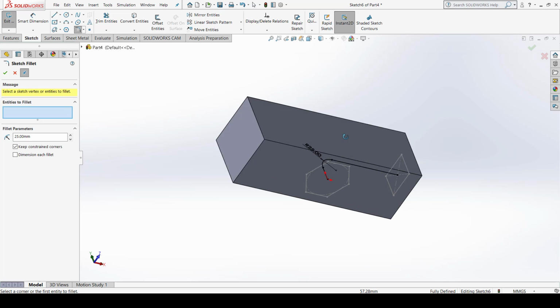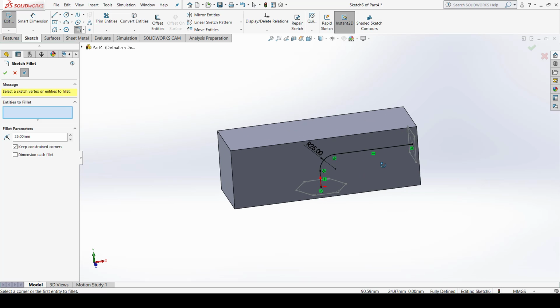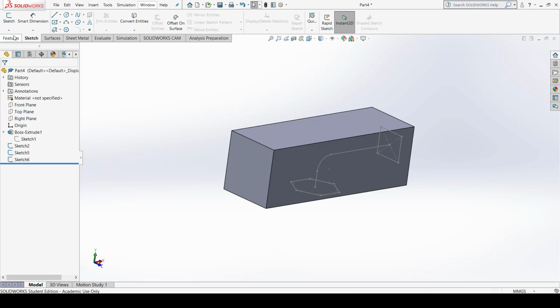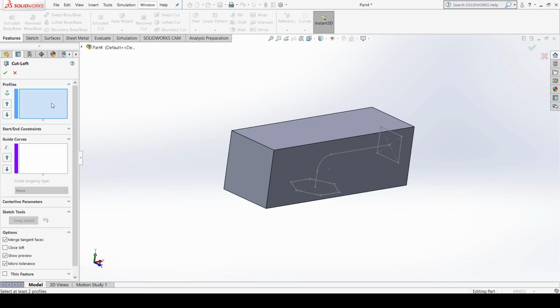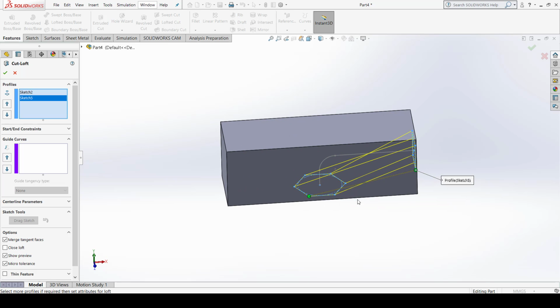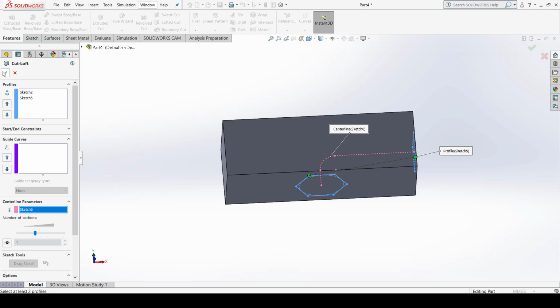And this line is the centerline, these are the two profiles, and these have different cross sections, and I want to cut inside this component along this centerline parameter by joining these two profiles. Click OK, exit the sketch. Now again go to the features, select the loft cut command. First of all, select the two profiles. So this is profile 1, the hexagon, this is profile 2, we have a rectangle here, and now I have to define the centerline parameter from here. So first select this option and select the centerline parameter. Now what happens when I click,